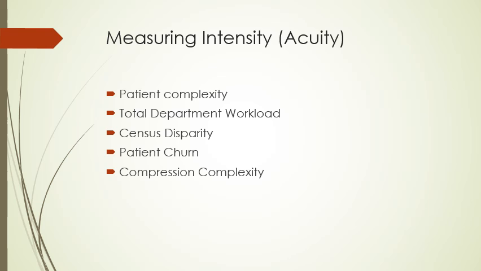Then there's this thing called census disparity. Census disparity is this lack of similarity or equality. It's different. Our census rises and falls. There's no predicting what our census is going to be. So that's something that's different. You can't necessarily understand census by looking at numbers because of this disparity that goes on. And then you can't compare yourself with others because the census disparity is there.